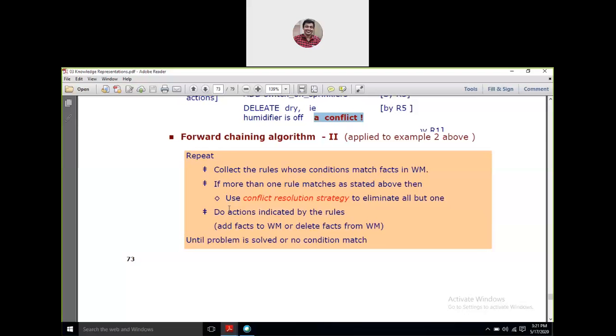That means the rank instantiations in terms of the recency of the elements can be clearly defined in the premise of the rule. That means the preceding part of the rule, the premise and the conclusion. Premise is the initial part, conclusion is the remaining part of the rule. And specificity. Specificity is what?